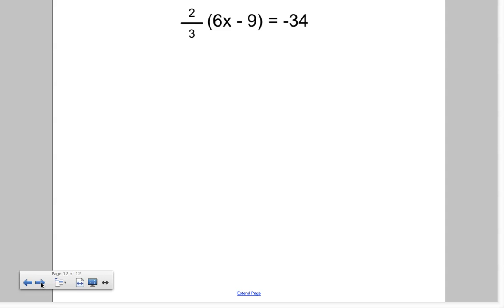Good. All right, again, we're going to start this. Remember, we're going to start with the numerator. You're going to multiply 2 times 6x. Okay, hang on, don't write anything down yet. Let's do this in our head. 2 times 6x. If you double 6x, how many x's do we have? 12x. Get that? Got it? Now we're going to take that 12x and we're going to divide it by 3 for the second